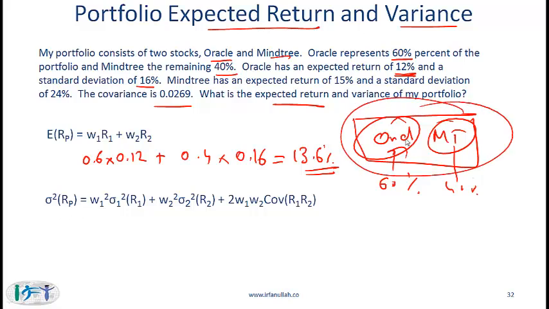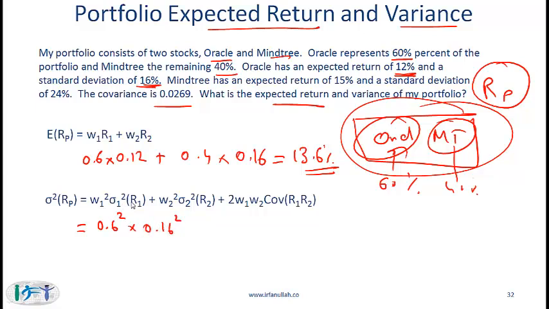Next, let's compute the variance of the portfolio. So given this overall portfolio of two stocks, what is the variance of the returns on the overall portfolio? And here is a formula that you simply need to remember. It will be useful here, and it will be much more useful when you study portfolio management later. The variance of the portfolio is given by the weight of the first stock squared. So in our example, the weight of the first stock is 0.6. You need to square that, multiplied by the variance of the first stock. You are given the standard deviation of 0.16. You need to actually take the variance. So you do times